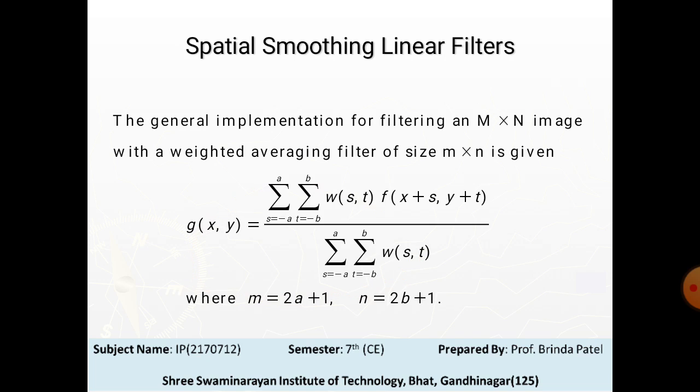The denominator in this equation is simply the sum of the mask coefficients, and therefore it is a constant that needs to be computed only once.